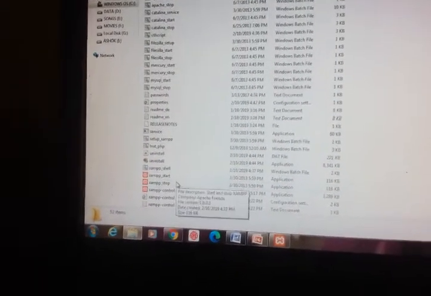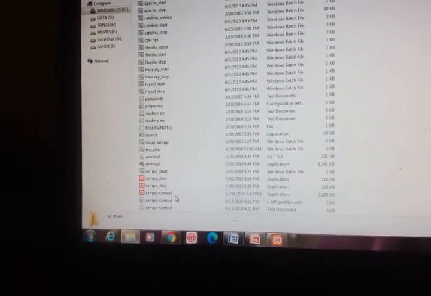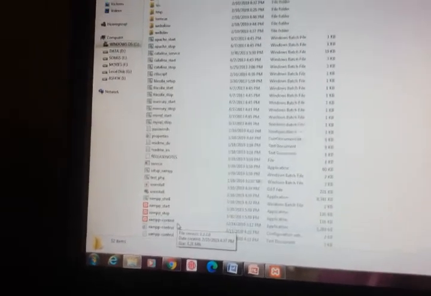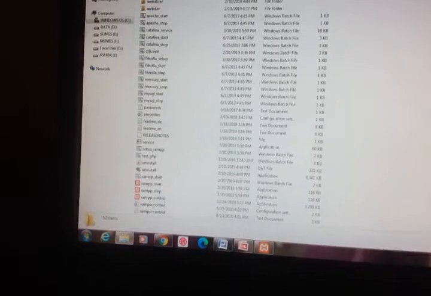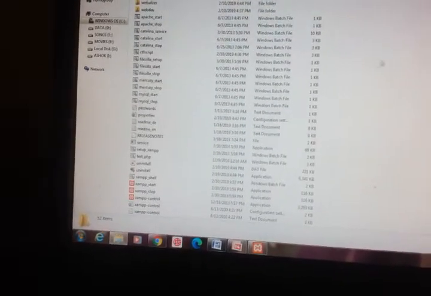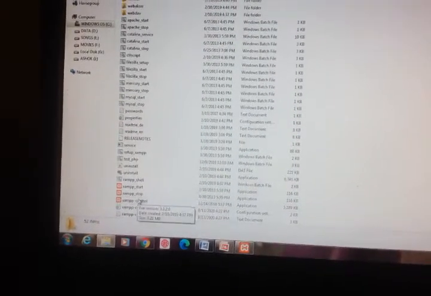Here we can even start and stop our XAMPP, and this is where you can find the XAMPP control panel. If you are not finding it in your start menu, you can go to this particular C drive and XAMPP folder, and you can see your XAMPP control panel.